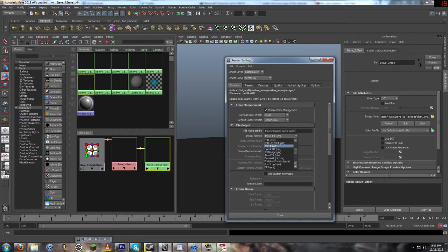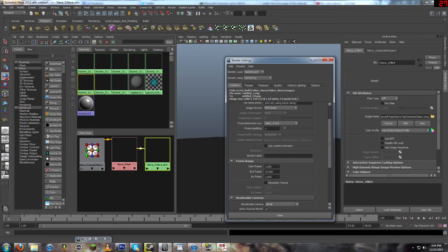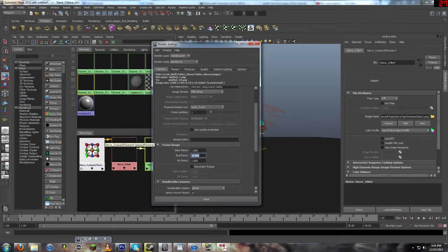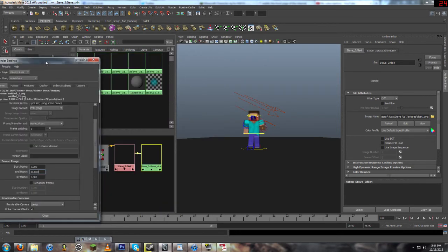What you're going to want to do, select PNG, I guess, that's good enough. Now you want to come down to frame animation extension. You want to go name underscore extension, and that allows us to render multiple frames. Now since we've got a walk cycle running on Steven, I think it's like 28 frames long, so we're going to want to make the end frame 28, and the render cam is